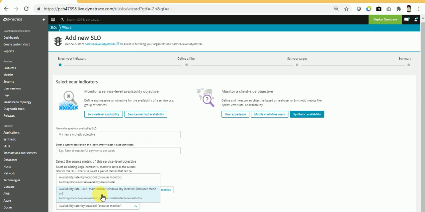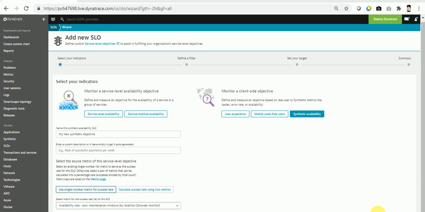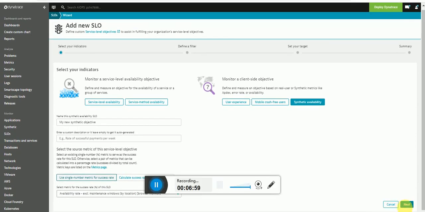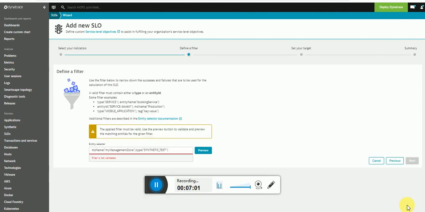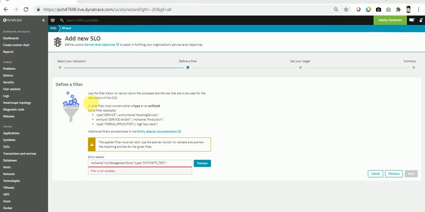So click on this, then click on next. Now on the second page, there is a define a filter.